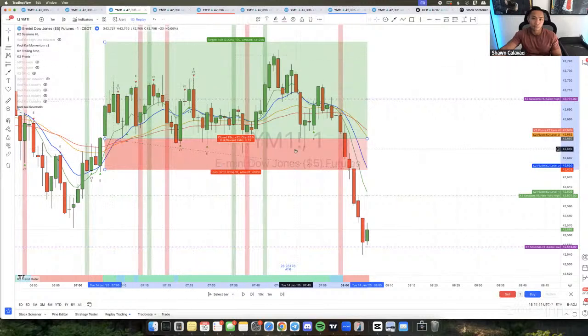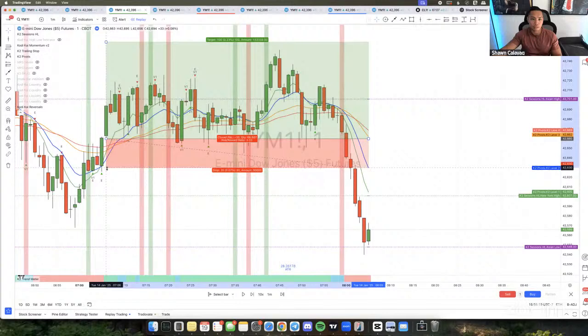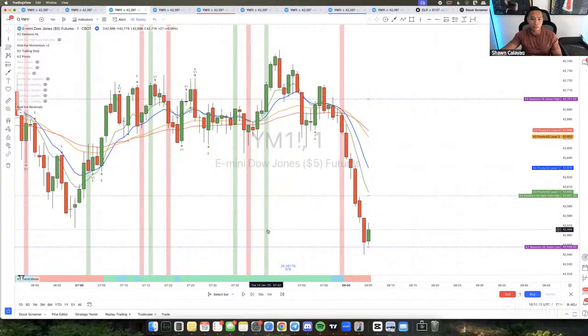But people's strategies are different. Sometimes people like to do this. They like to have this type of setup. They're okay with losing every so often. Sometimes you're going to lose maybe 3 or 4 times until you win, but then you end up at break even. This is usually what a lot of people like to teach, which is completely fine. If that's how you want to trade, so be it. But for me, I like to be in and out within a few minutes.